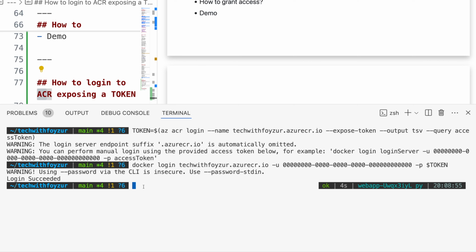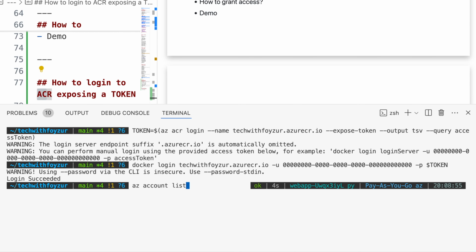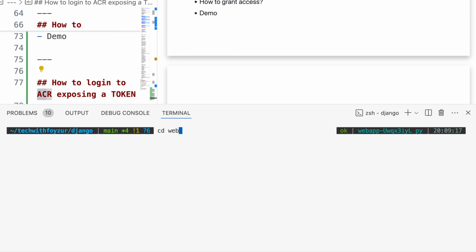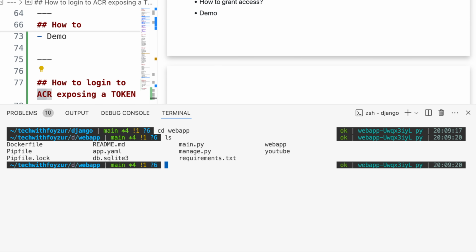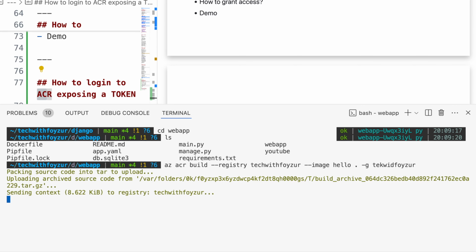And the next thing we want to do is run this build command. And to do this, I need to go to the right path. Actually, I could do it from here without going to this path. Okay, now we could do this build. So my registry is going to be tagwithpfizer, and this is my resource group. G is the resource group, and dot means that this is where my Dockerfile is. So if I now run this command, I should be able to build a Dockerfile and push the image